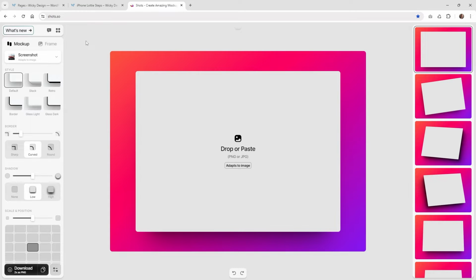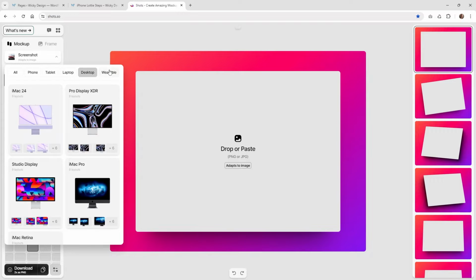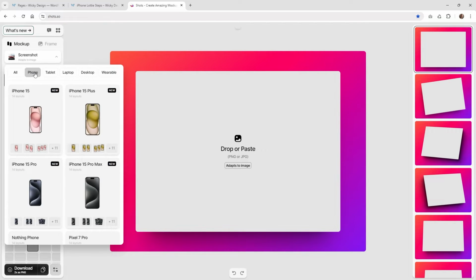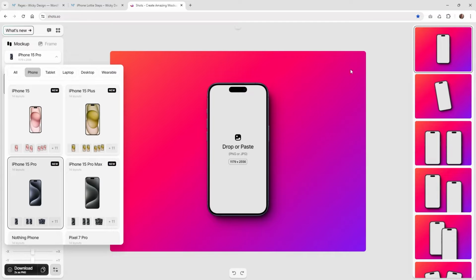The website I recommend for mockups like this is right here called shots.so. This is a really cool website. You can see right here there's all different types of ways that you can do iPhones, tablets, desktops, all this kind of cool stuff. But let's go ahead and just click on the phone right here. And you could just choose any of these. If you just choose like this one, the iPhone 15 Pro, that looks good to start out with,